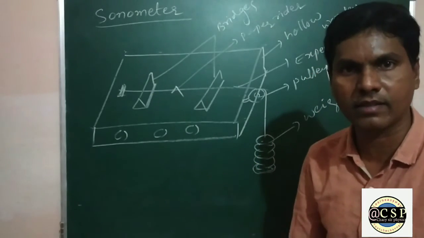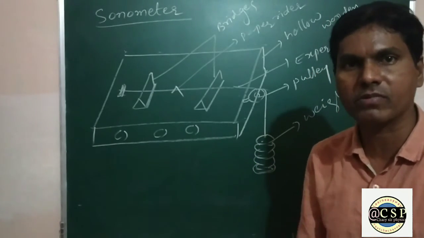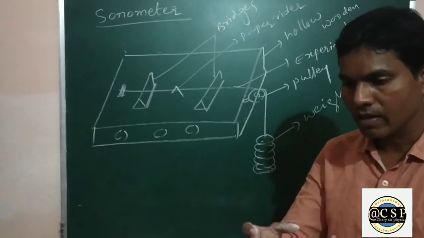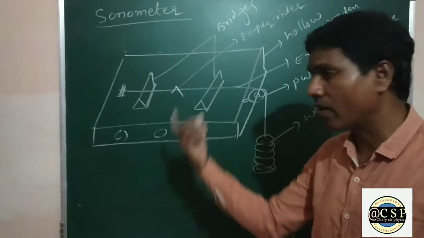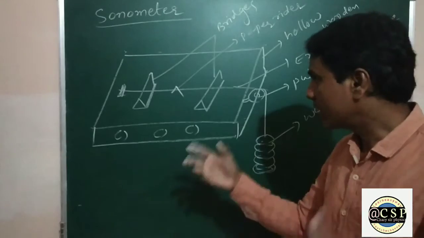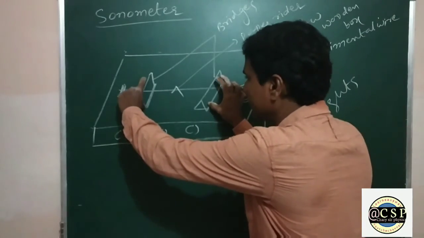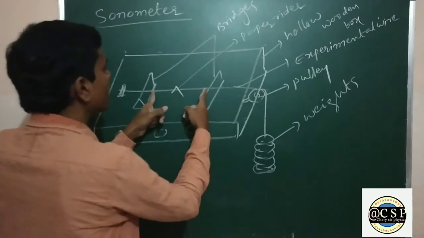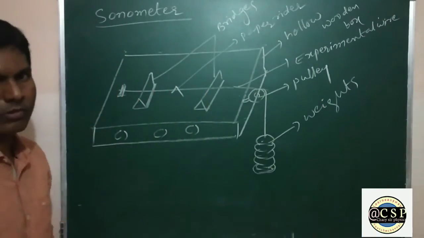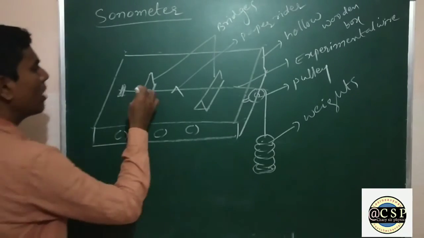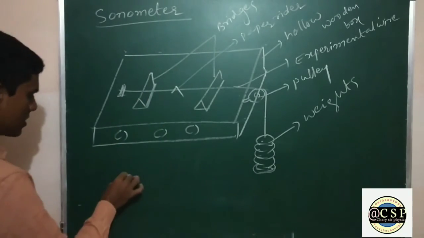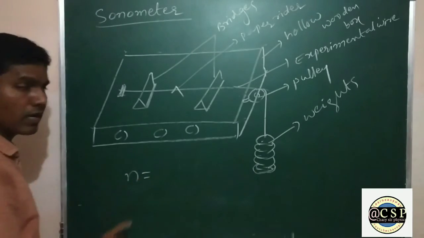We have to calculate the length when producing the maximum sound, when they are moving in opposite directions. At the time the paper rider falls down, we can stop the two bridges. Then we have to calculate the length between the two bridges. Also, we have to calculate the vibrations of the stretched string, that is, the fundamental